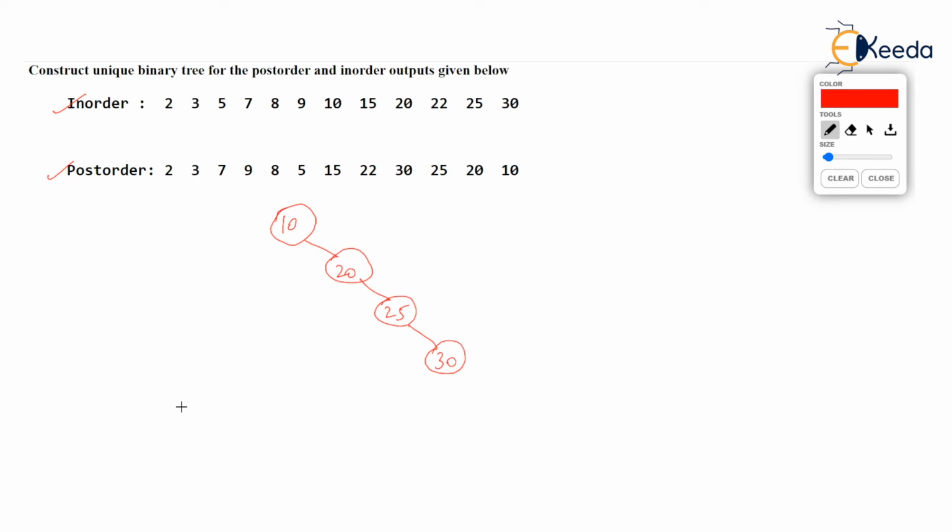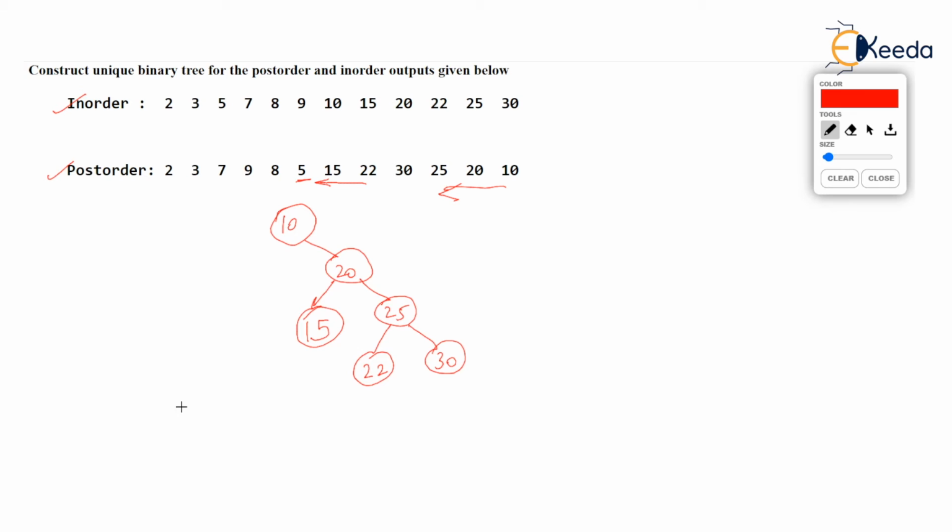and then 22, we are coming backwards here. 22 will go to the left of 25, then 15 will go to the right of 10 and left of 20. Many listeners might have already constructed the tree on the fly. I know some students, or rather all, are very fast. Anyway, let's come backward here, and we have 5 now.